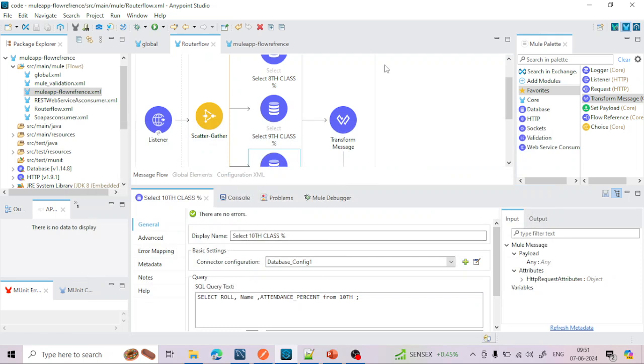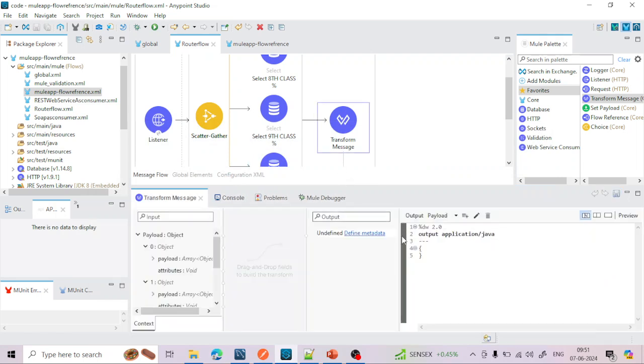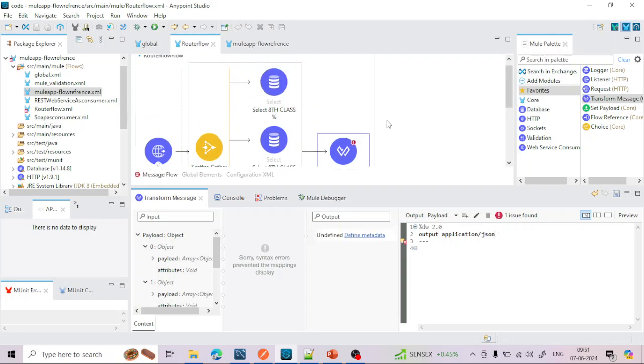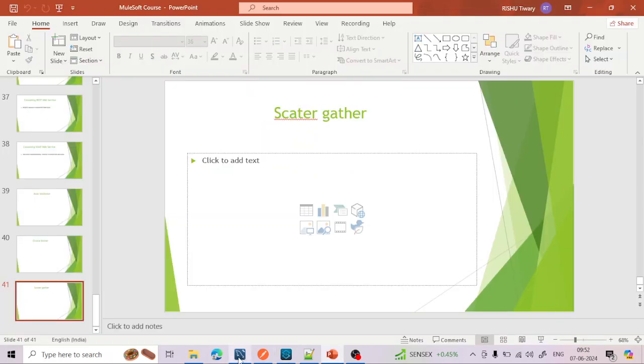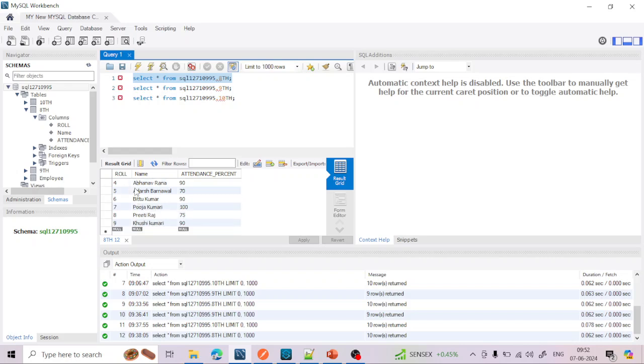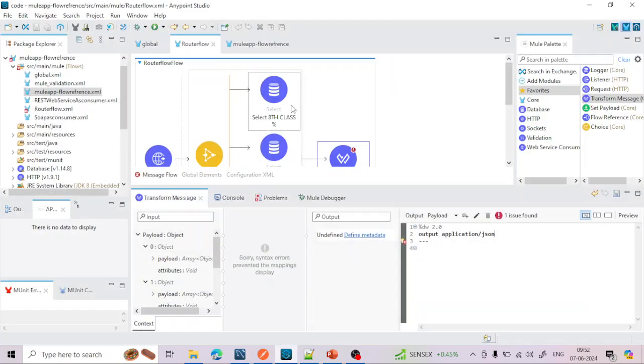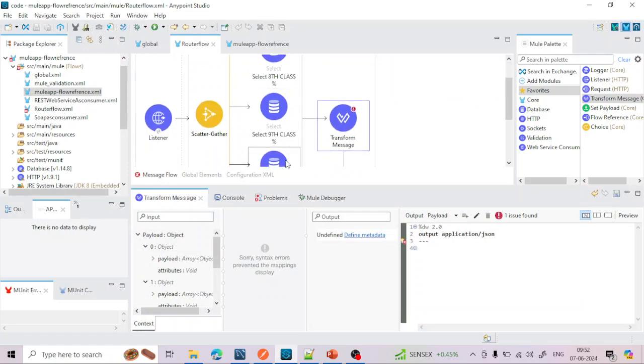Okay, but we need to do something in the transform message. First, in which format do you want the response? I want the JSON format, so let me modify this from Java to JSON. Second, if you want to collect all these three pieces of information, notice that this is actually not a simple message, this is an array, because here there are 10 records. For the 9th class it is 10 records, for the 10th class it is 10 records. This is an array, and we want to fetch the first array, second array, and third array,